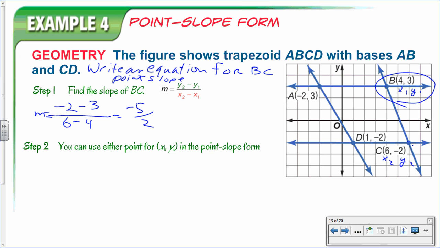So y minus y of 1 equals m times x minus x of 1. Y minus what? What's my y of 1? 3 equals -5 and x minus